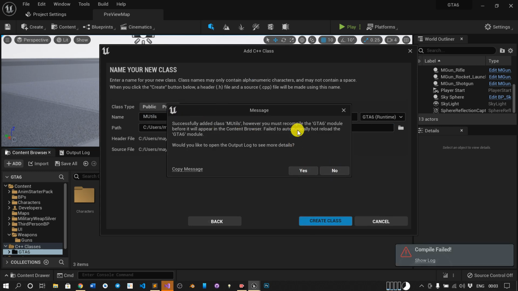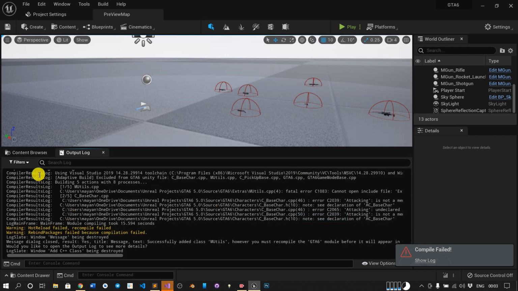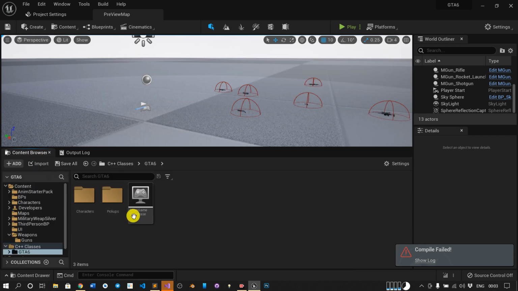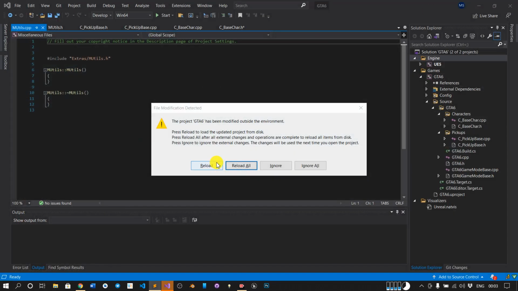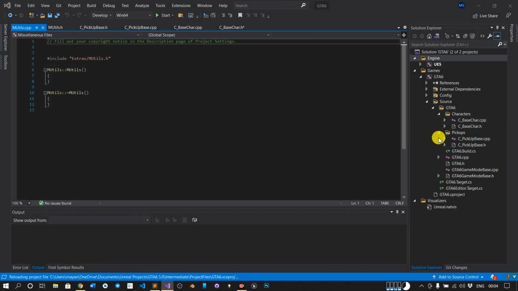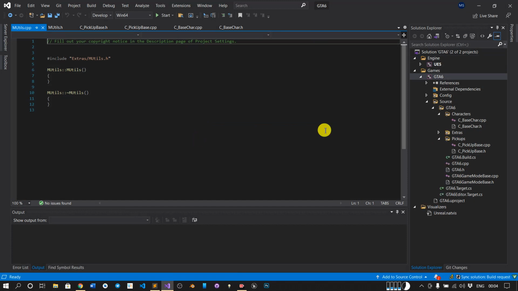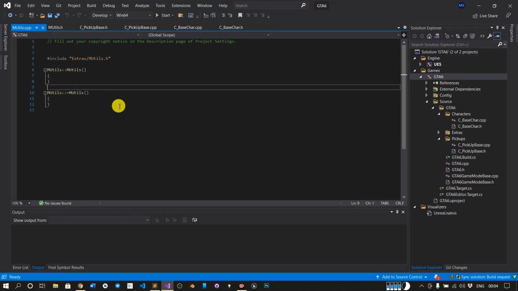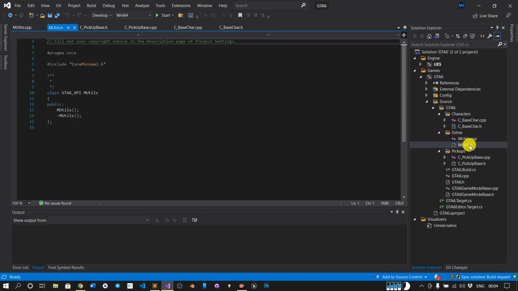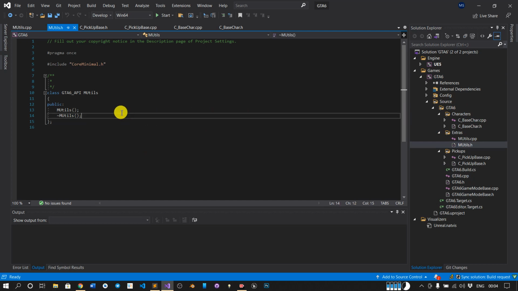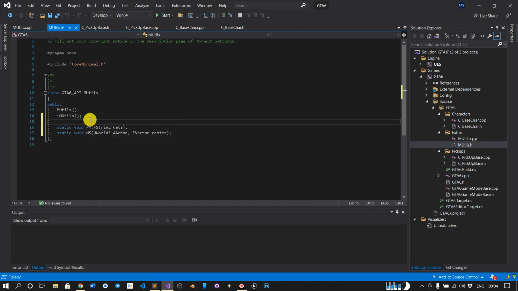So I got this error. Let's just click yes, and we have to restart the project because that folder is not loaded here. But we need this in Visual Studio, so I have clicked on Update All. So here we have this class. Go to Extras, and in the header file I will include two functions for creating shortcuts. The first is PM and the other one is MS.